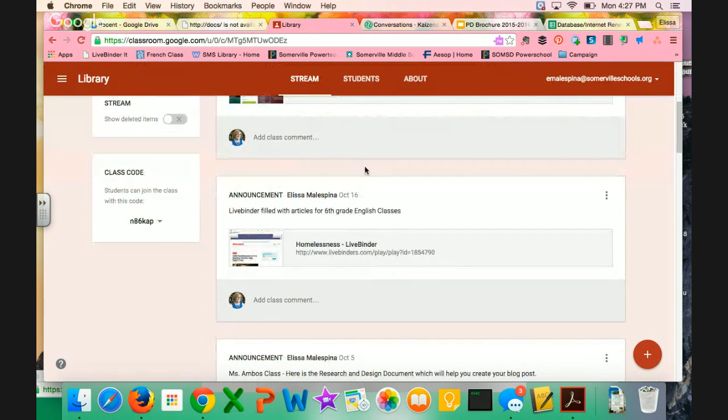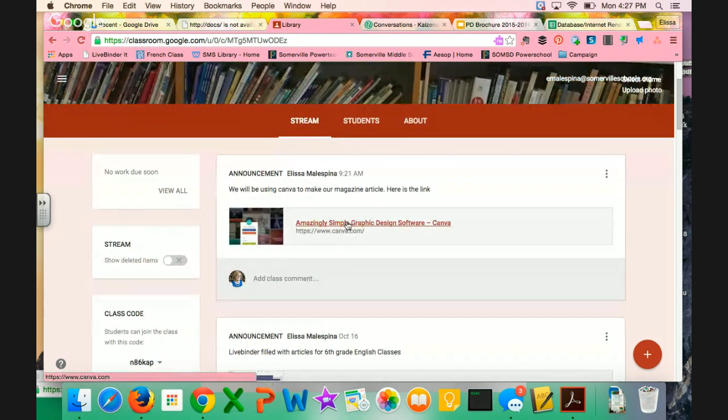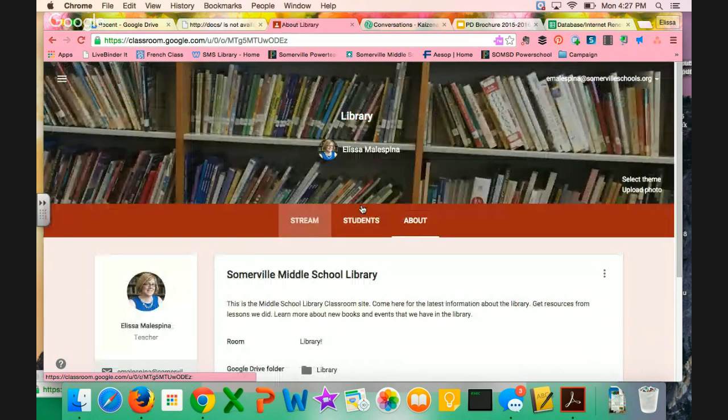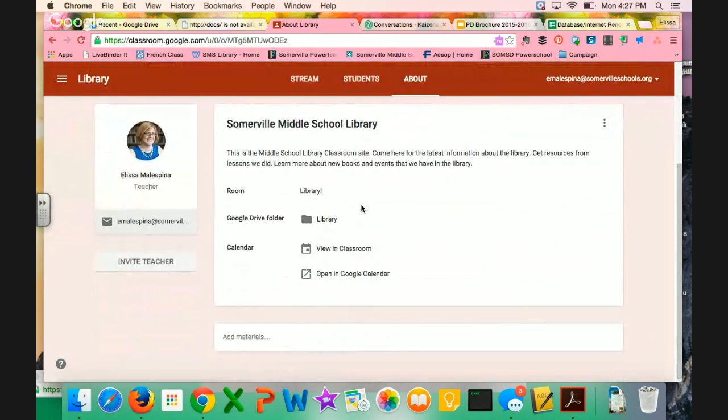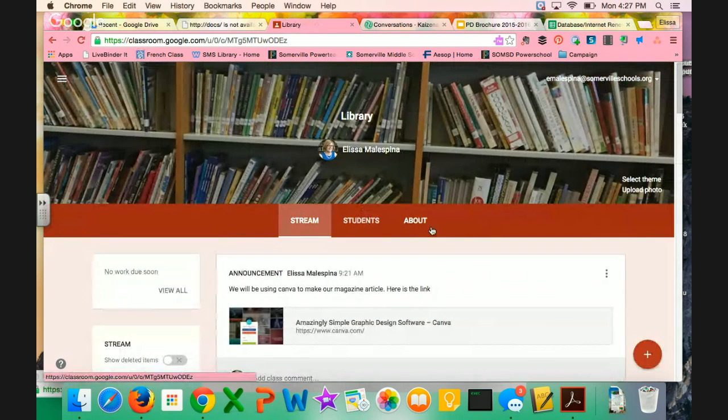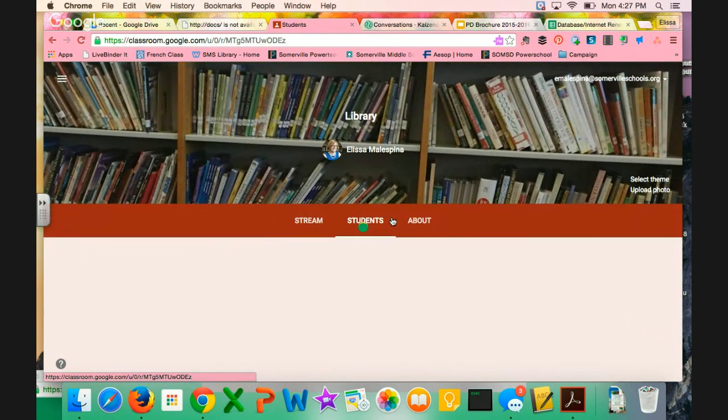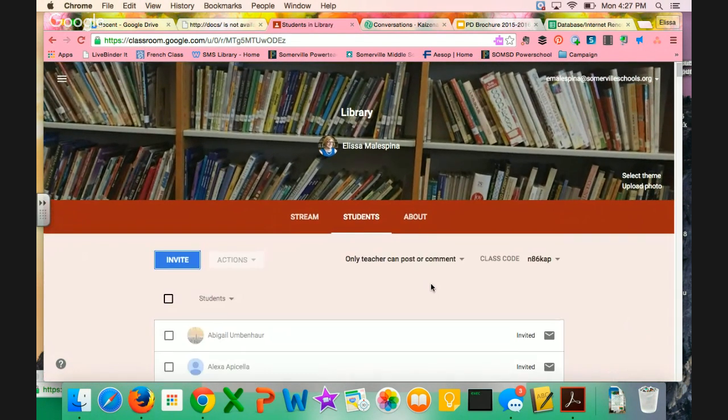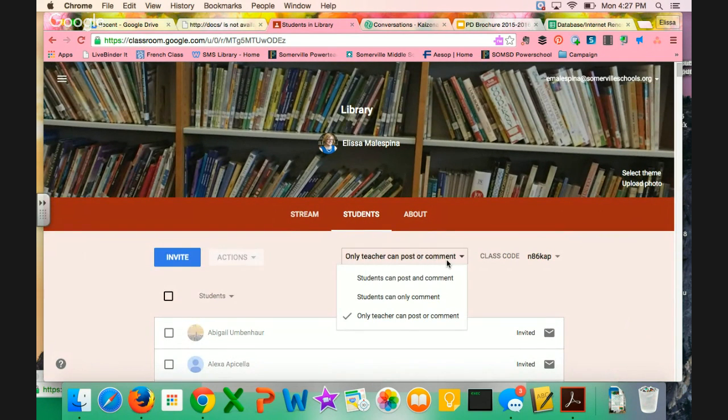But as you can see, in my classroom I have the same sort of thing, where you can change it in the classroom settings. Where is it? Only teachers can post comments, or students can comment. The comment would be on the bottom of the actual assignment. If I were to switch it to students can comment or post and comment,